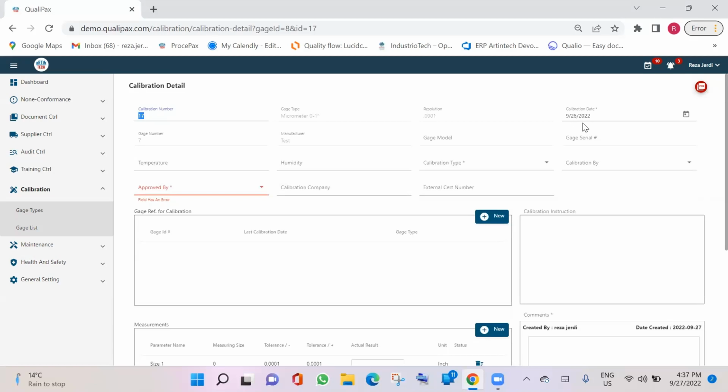Calibration date: if it's today, you could just keep it as it is, or if, let's say, 2-3 days ago in this month you did it, you could pick the date from here. Now it's the time to record those results. If you are working in the calibration office, some calibration departments need to record the temperature and humidity at the time they do the calibration. So you could record it here, and humidity, let's say, is 35